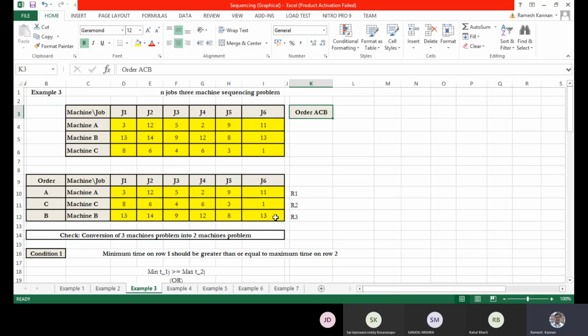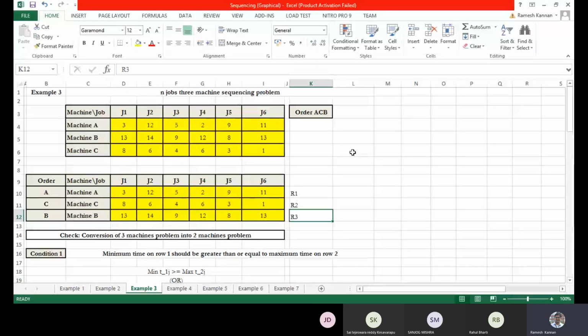Then this entire problem I've just made in this particular table, with row 1, row 2, and row 3. So 2 machines and n jobs is the standard problem. If you have 3 machines, 4 machines, 5 machines, or m machines and n jobs, then what we generally do is convert those special problems into 2 machine and n job problems. How do we do it? We make equivalent machines. Say for example, if I have 4 machines, I will make 2 equivalent machines out of the 4 machines. Then I compute using the 2 machine, n job problem.